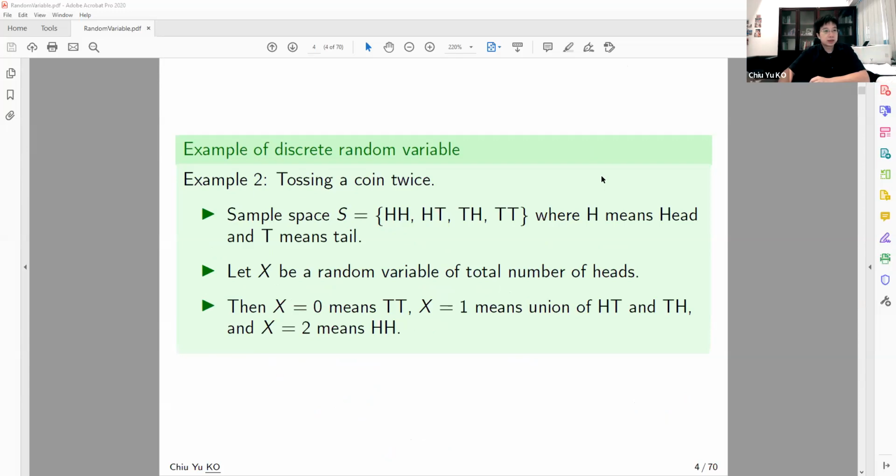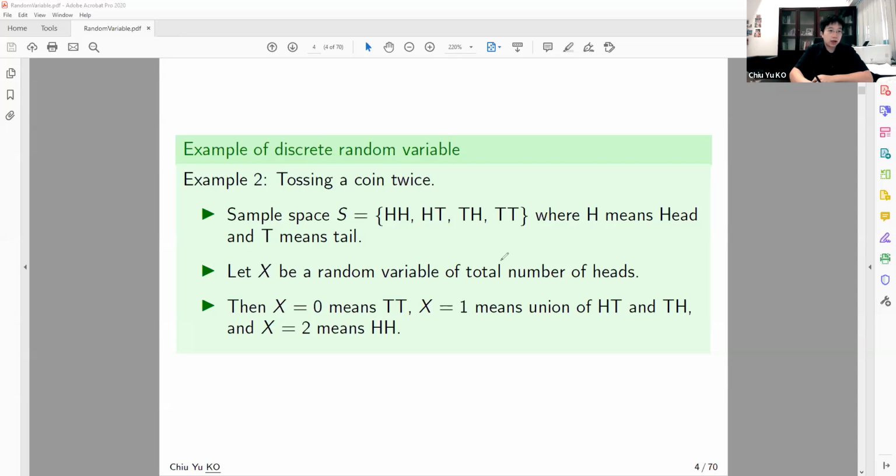The next one is a discrete random variable. Another one is tossing a coin twice. Here you can see the sample space expands, right? Because 2 times 2 is 4. So here we have HH, HT, TH, and TT. As I said just now,